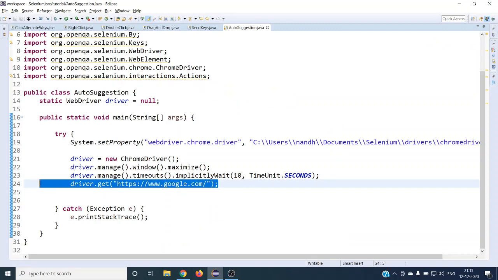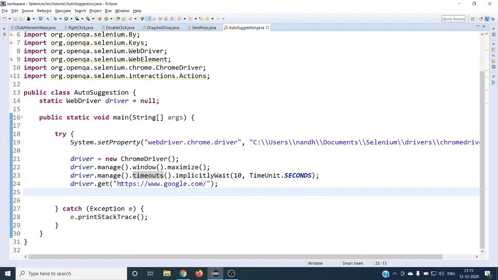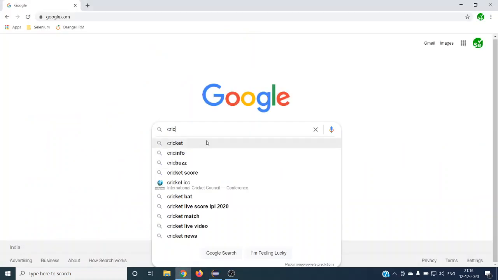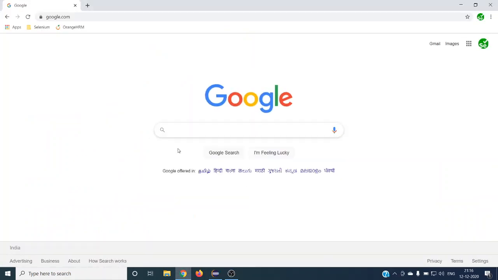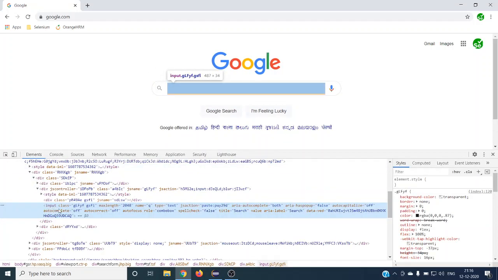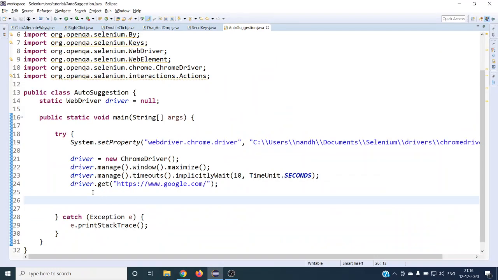Let's take Google as a sample website for auto suggestion, and we'll perform our actions on it. For Google, let's see what path it has. It has an input with a unique ID, name. Let's take this, and let's find it and assign it to a new